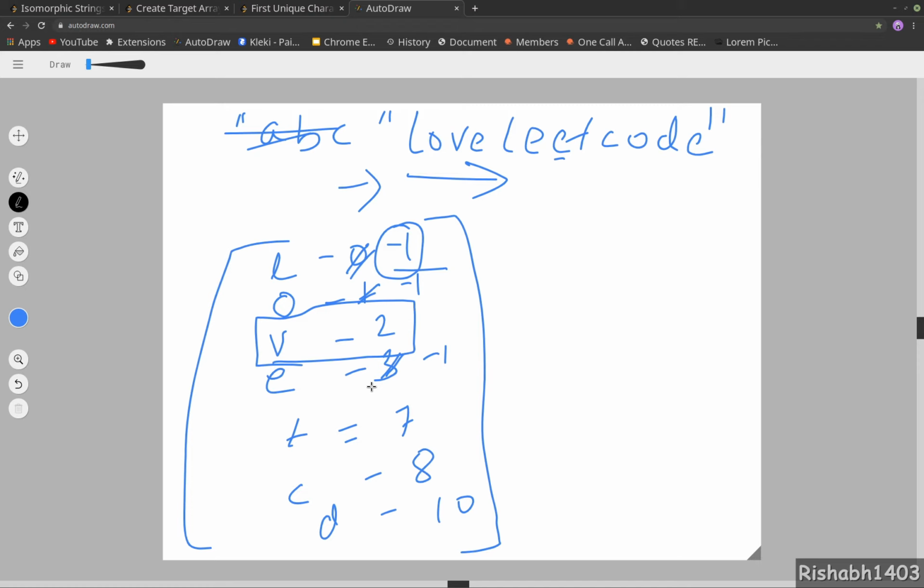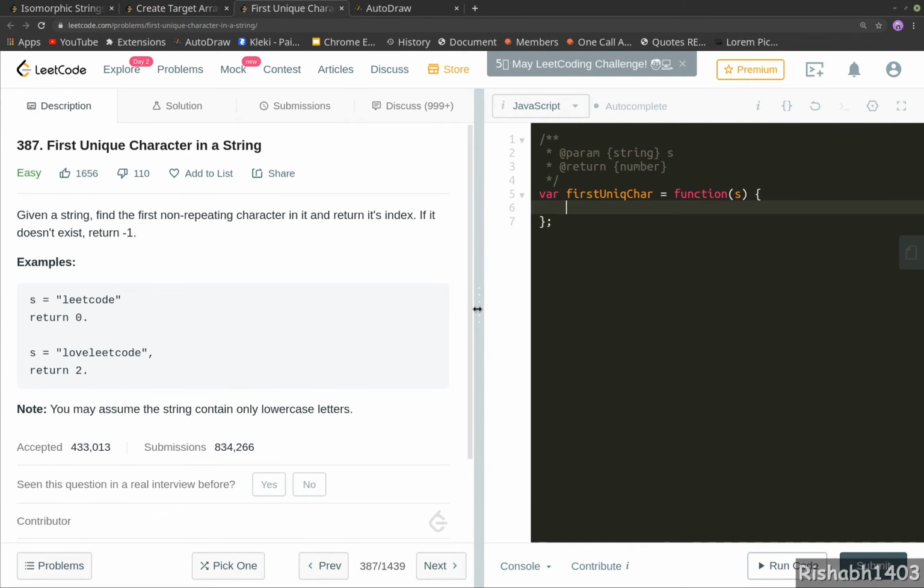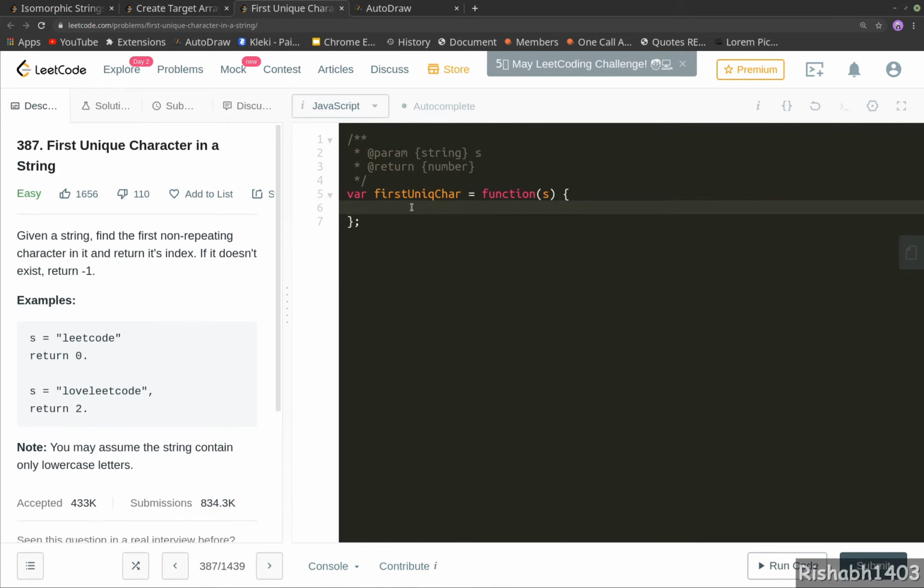So let's go ahead and implement this. Get my keyboard. Okay. First we need a map. Let's close down this a bit. So we will declare a map. Now we will create the map of characters and their index in the string according to the discussed logic.